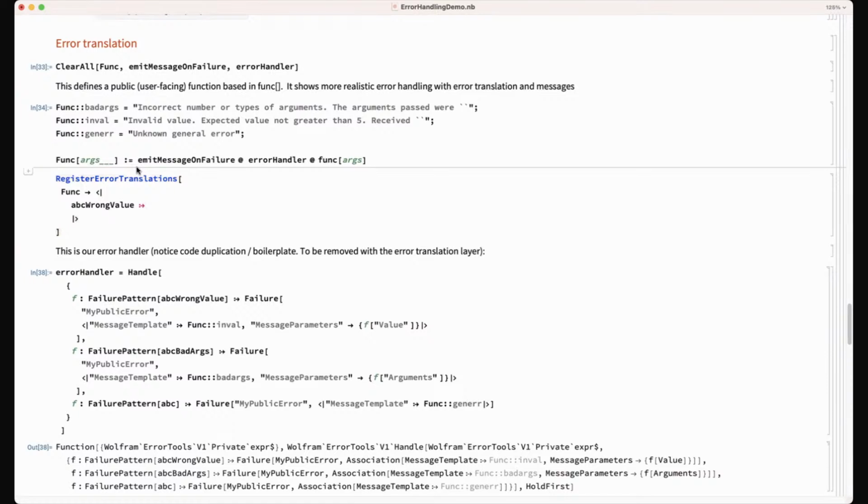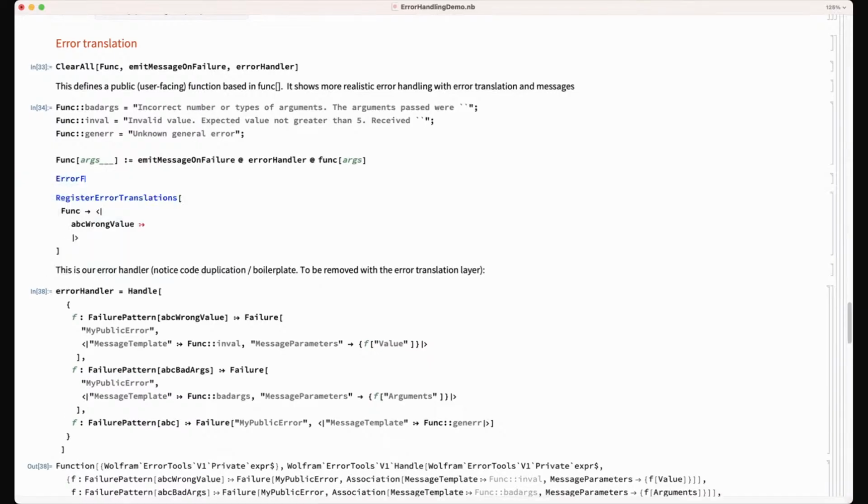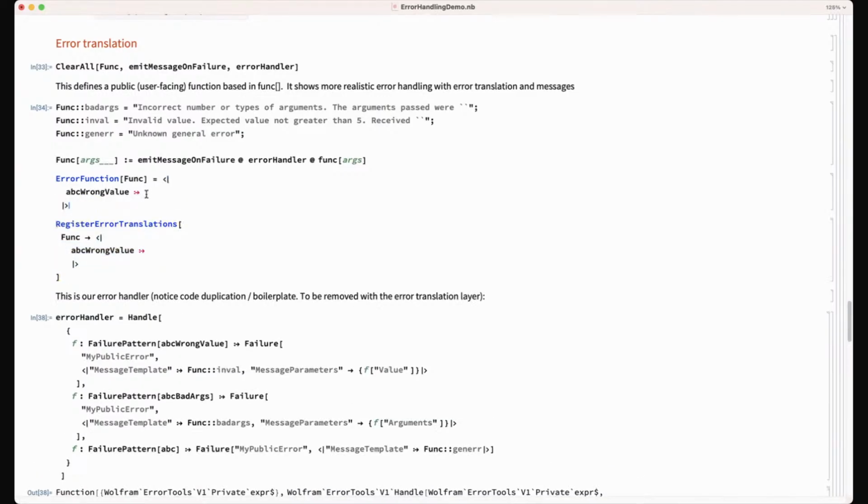So what is your suggestion to call this? I'm not suggesting it very seriously, but just write down error function of func equals. Right, func colon equals blah blah blah. I mean, and then there will be this. No, yeah, that kind of thing. But I don't know if that's at all correct. Yeah, you're saying a per function basis, just like we can have format value of func is such and such.